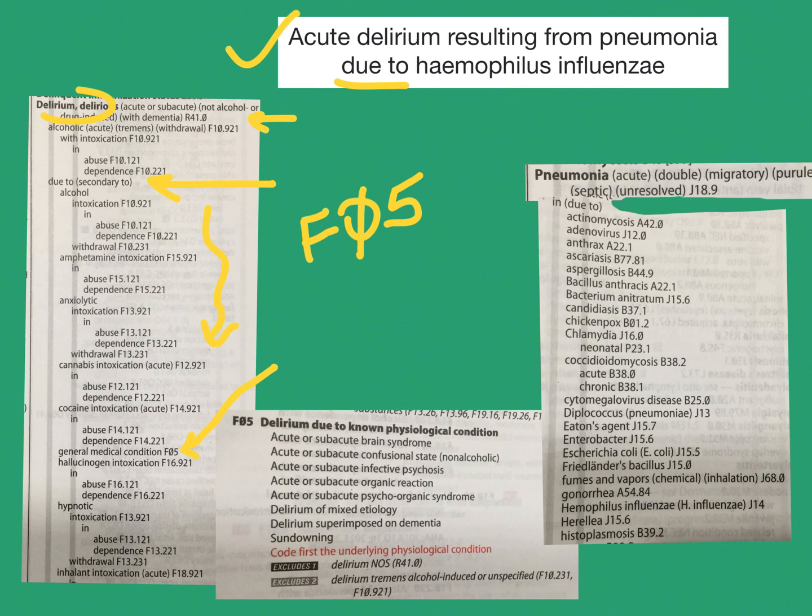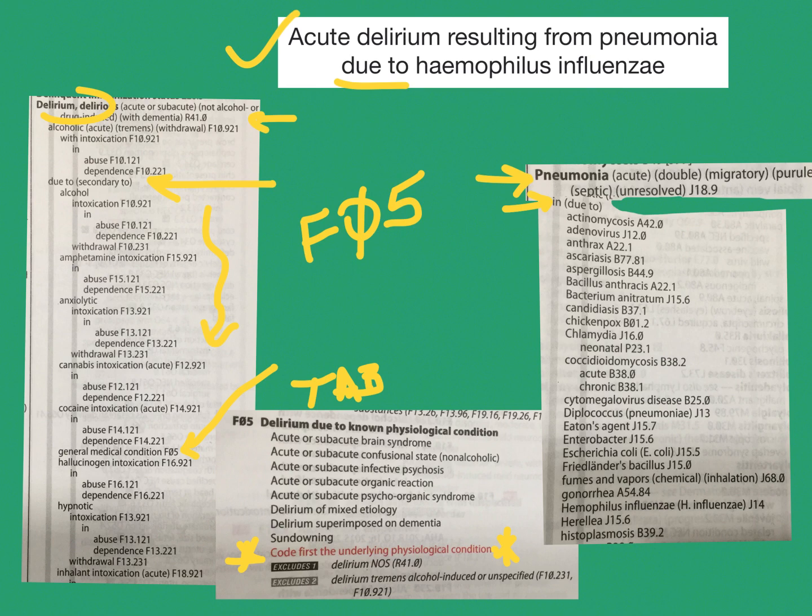Now I bet you can take a good guess of what kind of instructional note we're going to find for F05 when we check the tabular list. So here's our tabular list for F05, and you guessed it. Code first the underlying physiological condition, which of course is the pneumonia. So we will head back to the alphabetic index for our main term of pneumonia, subterm in or due to,